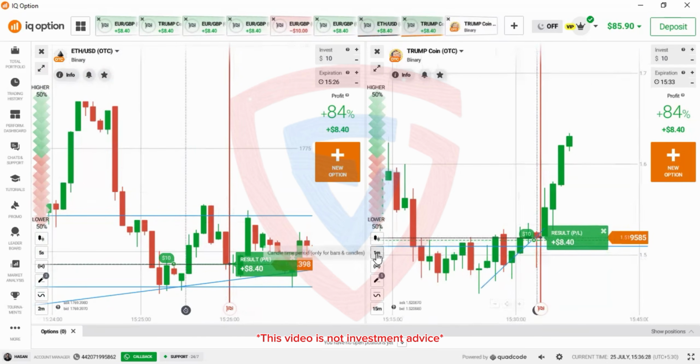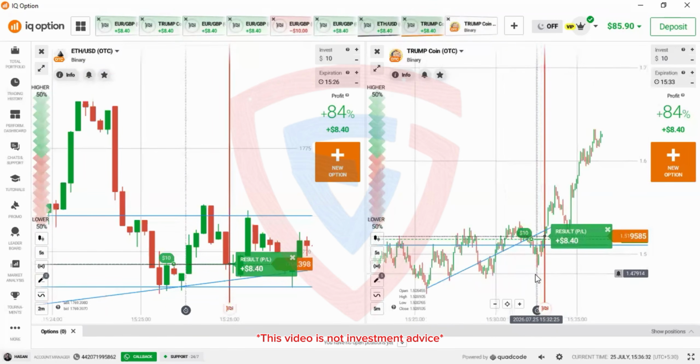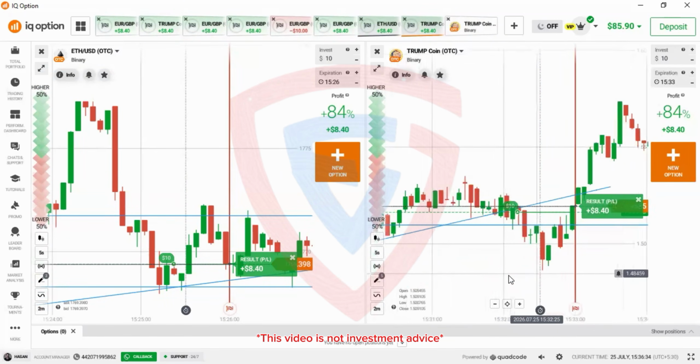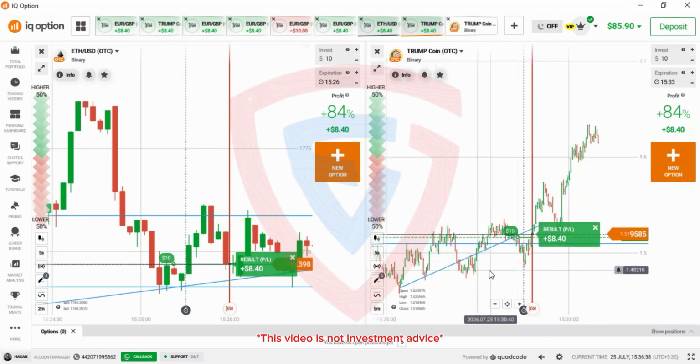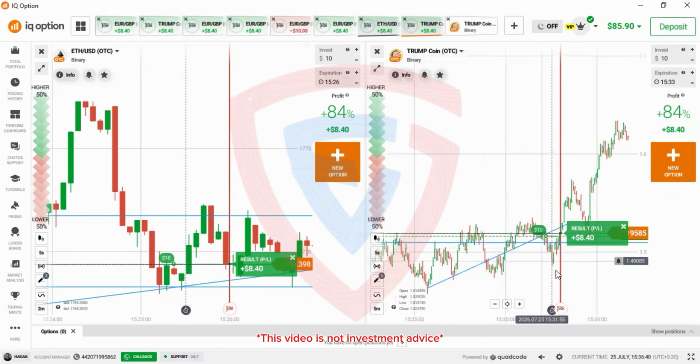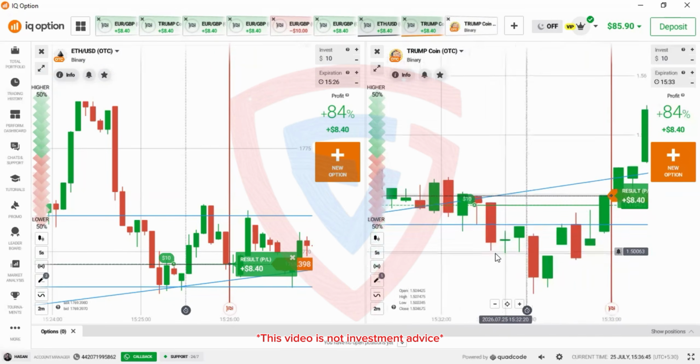Yeah, so this is the last trade. This is the last trade because I saw an engulfing pattern from this shoulder point. That's why I placed a higher option trade. And at the last second, it gave me a winning trade. So if you observe,